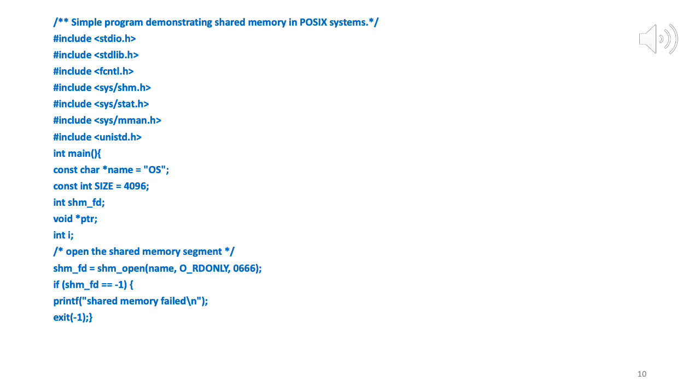So now here we are doing error checking for the opening of the shared memory segment. If shm_fd is -1, shared memory failed, exit -1. So it returns a file descriptor, right? That is a handle for that shared memory segment, and file descriptors are integers. They are positive integers. So -1 signifies an error. Shared memory failed. So what we are doing is we are opening the shared memory for reading, and if this is successful, we have the shm_fd file descriptor to the shared memory.